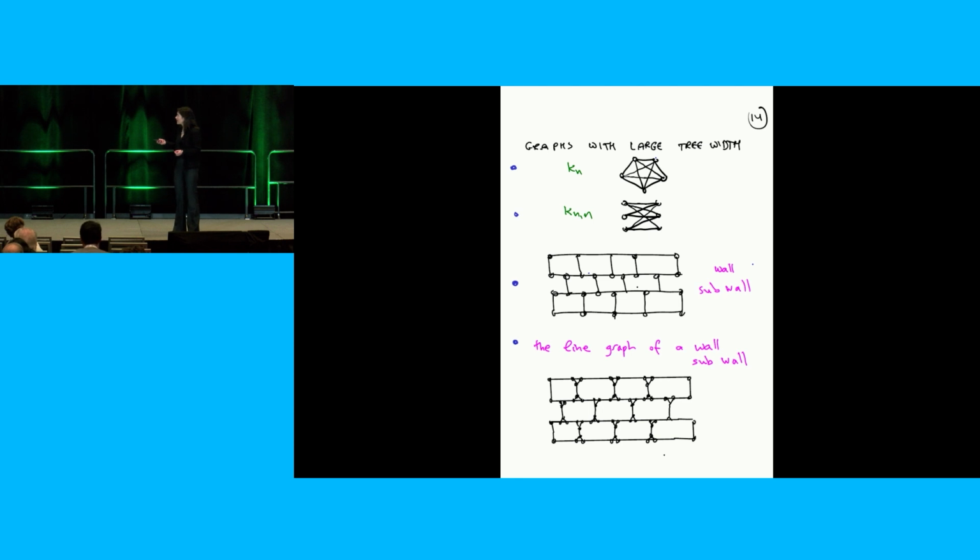Arguing that, if I want to say, if you don't have this, your treewidth is small. Well, if you don't have this, you certainly don't have that, because this just has more edges than that does. And it's a little harder with this guy, but it also works. And finally, for this one, same deal. The subdivided wall is a subgraph of that, because to go from deltas to y's, you just delete one edge from every delta. Okay, so there's only one serious family, or one minimal family, I can say the real word. There's only one minimal family of graphs of large treewidth if your containment relation is subgraphs. So now let's go on.